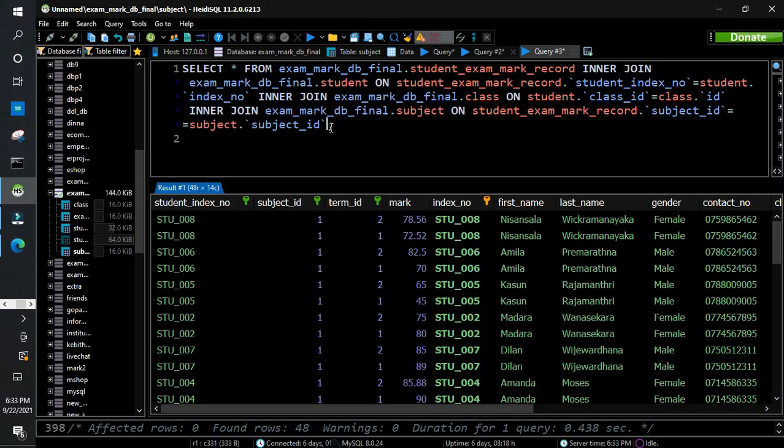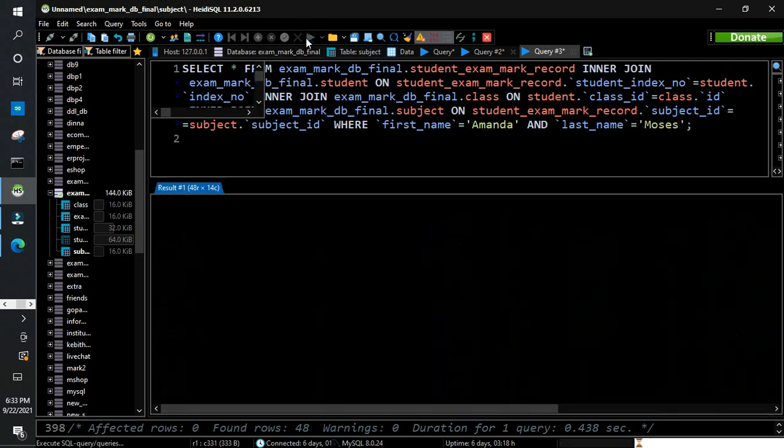Okay. Now we are supposed to filter out the details. So the first condition is first name should be Amanda and the last name should be Moses.